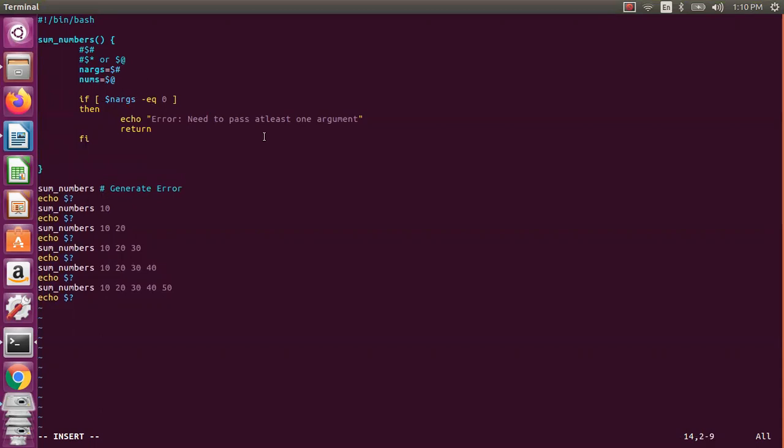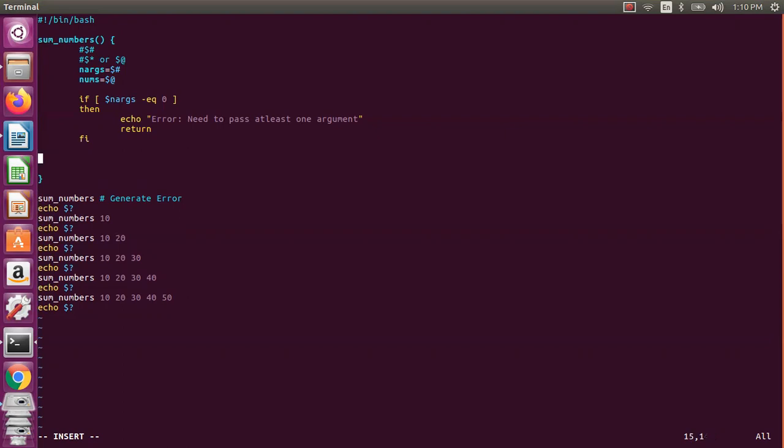Now once we got these particular arguments, we will sum the values. So how we will sum: in the for in loop, for whatever num in nums, you can also directly say nums, or dollar at the rate, anything is okay.